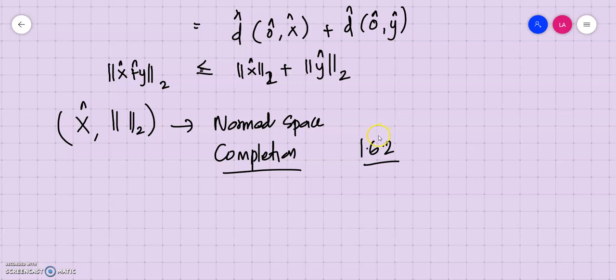So the completion of the metric implies the completion of the space. So actually our space is a complete space. Since our space (X cap, d cap) is complete, and d cap induces a norm on X cap, we can clearly state that our space is a complete normed space, or in general it's a Banach space.